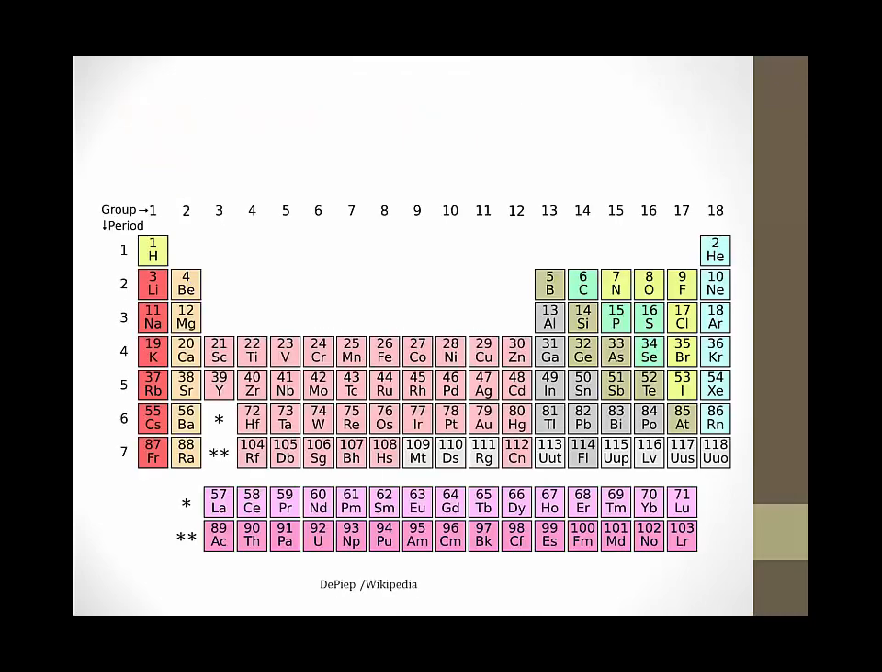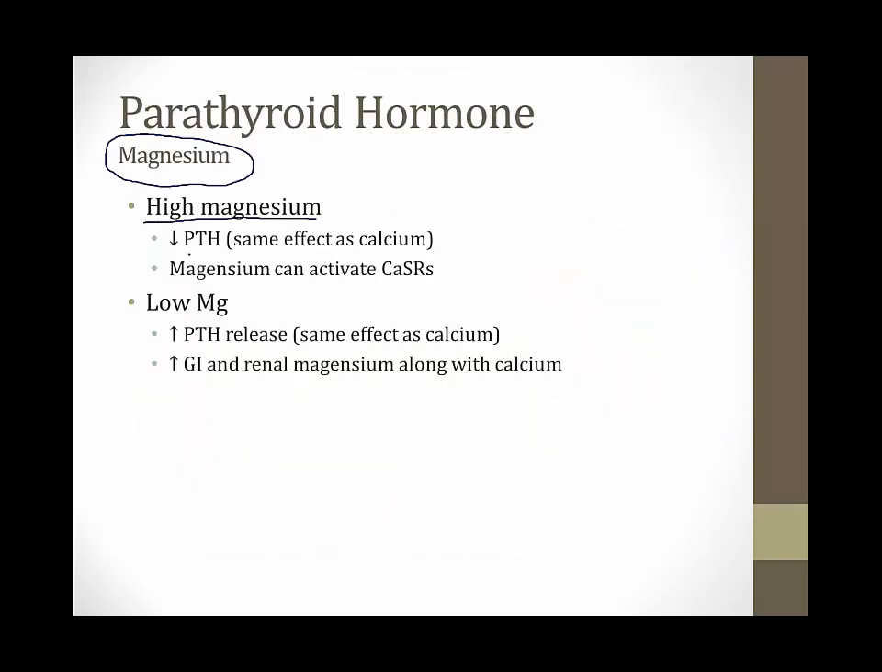An easy way to remember this is to recall that magnesium and calcium are very close to one another on the periodic table of elements. Magnesium and calcium share many similar properties, and thus it makes sense that they should both exert a similar effect on the parathyroid glands. A high magnesium will result in a decrease in the amount of parathyroid hormone released by the glands. This is the same effect as calcium, and this is because magnesium can activate the calcium sensing receptors